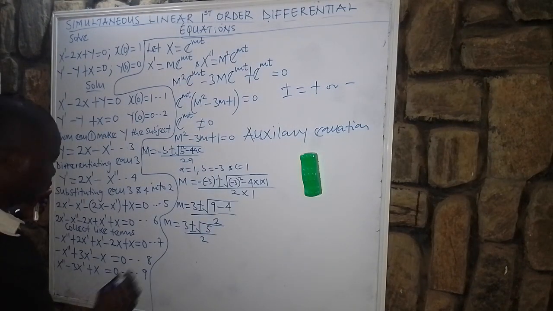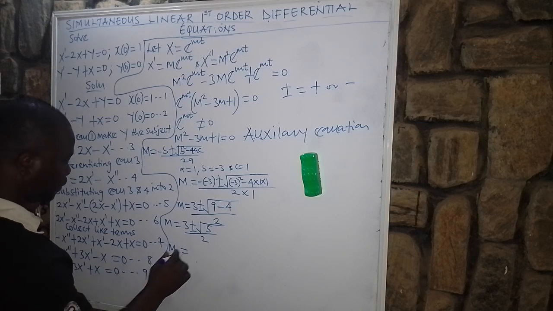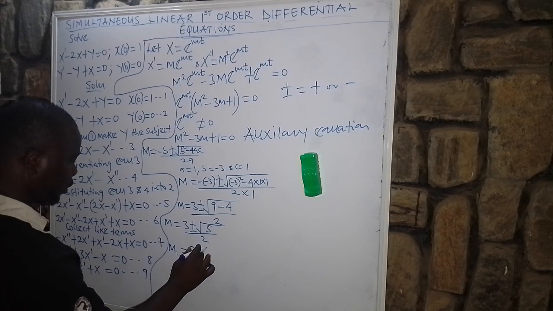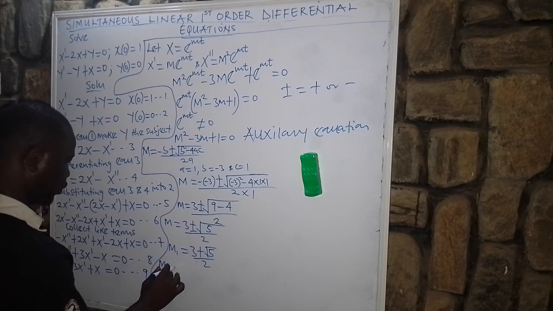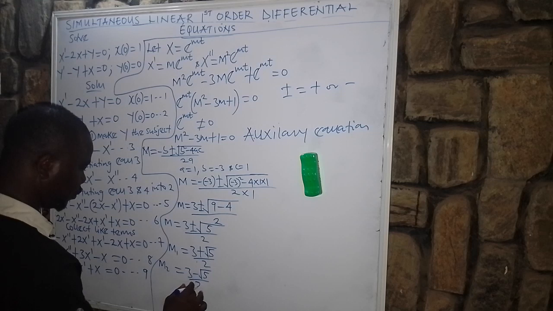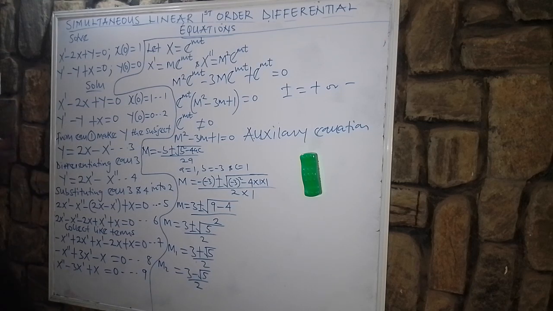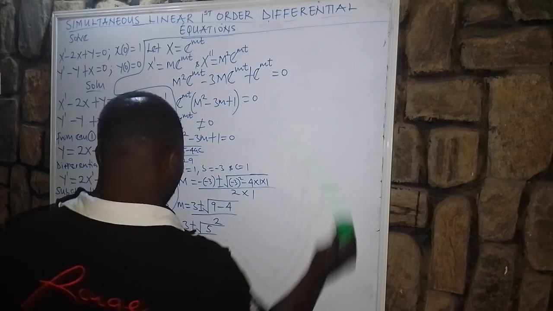So our m1 will now be 3 plus the square root of 5, all over 2. And our m2 will be equal to 3 minus root 5 all over 2. True or false? Okay. Hope I'm right. So our general solution for this,